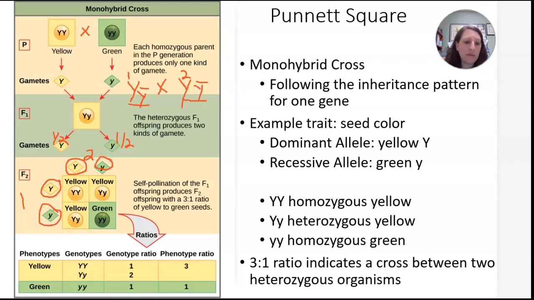Okay, and so from this, we can see that 3 of the 4, 3/4, will be yellow. And 1/4 will be green. So that's that 3-to-1 ratio. Okay, again, you're going to see that here in this lecture. We'll do it in lecture and class together. You'll also see that ratio in the lab. And so whenever you get a 3-to-1 ratio,